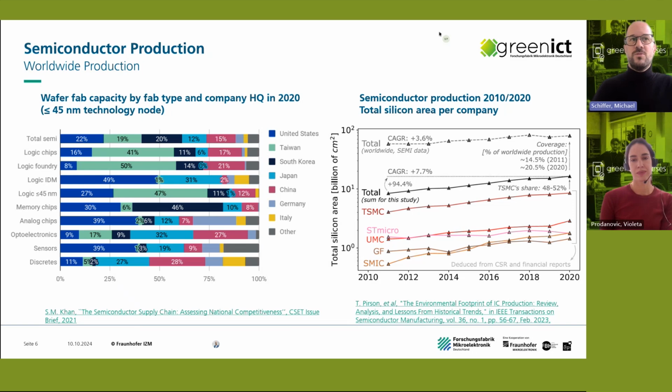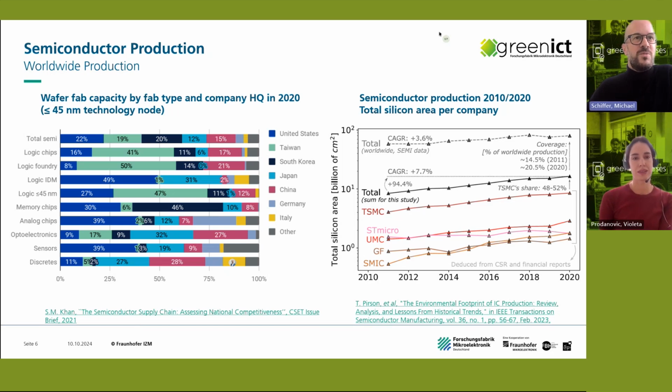When we are now looking at the worldwide production, we look first on the left side at the wafer fab capacities by fab type. This is only concentrating on technology nodes below 45 nanometers, just to not get too much data into that. This is data from 2020. And when you look at, let's say, Germany, Italy, and others, so maybe we are more or less, or here when we say European fabs or European manufacturers, we are not very well